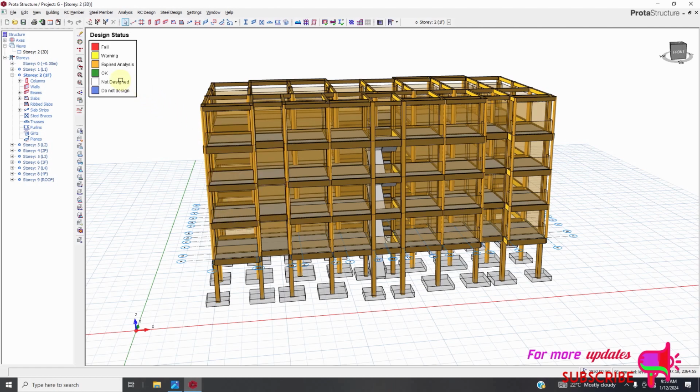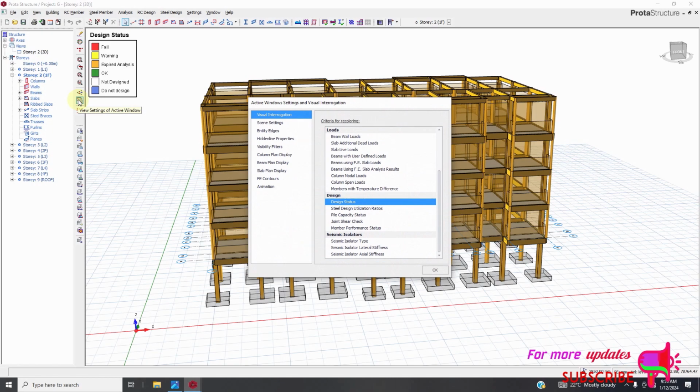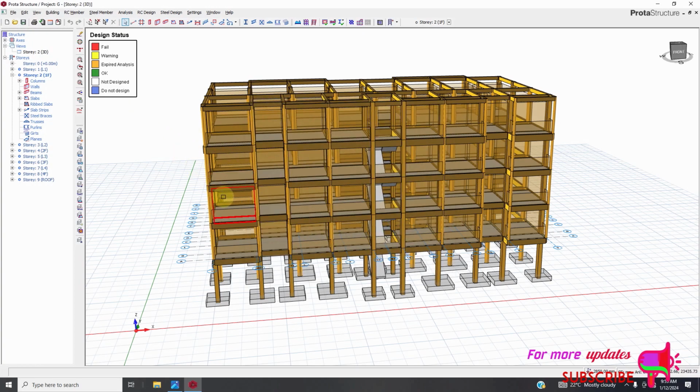So you can see, you can go to visual interrogations. For me, I'm using Prota Structure 2018. I always believe in the saying that all is good. So I'm using Prota Structure 2018, and this is where I find the visual navigation. Go to design status, then visual interrogations, design status, and you can see that my analysis has expired. So we will repeat the analysis